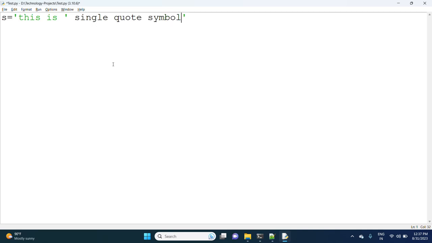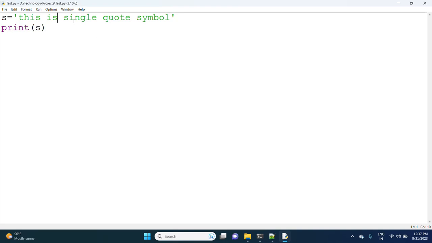If I take it in this way, here I have to print a single quote symbol. This is a single quote symbol that I have to print.